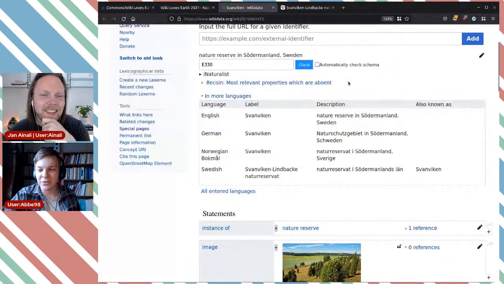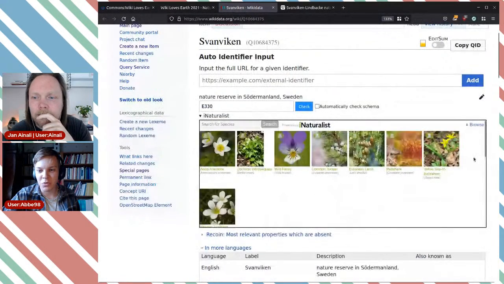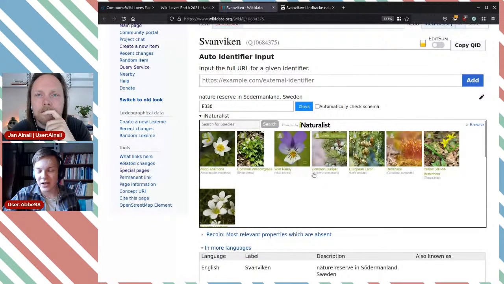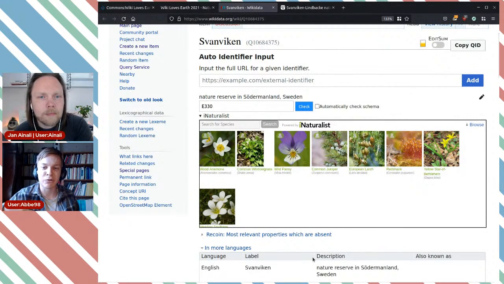And I directly see here on the nature search that we got an iNaturalist option. And I think we can actually say that a species is found in a particular nature reserve. I usually don't add all of them, but there are a couple that I consider very prominent to this nature reserve, like wild pansy. It's completely covered with it around this time of the year. And common juniper, as we saw on one of the pictures on Wikipedia, is also really prominent for the landscape as it is. So I want to add those two